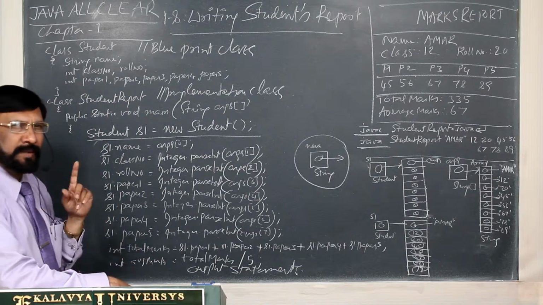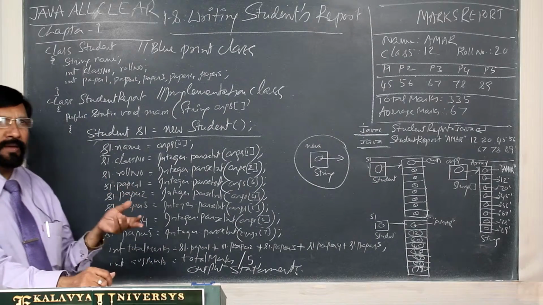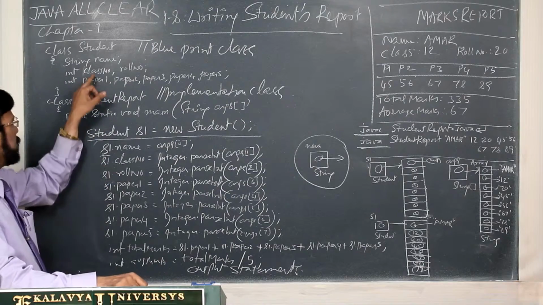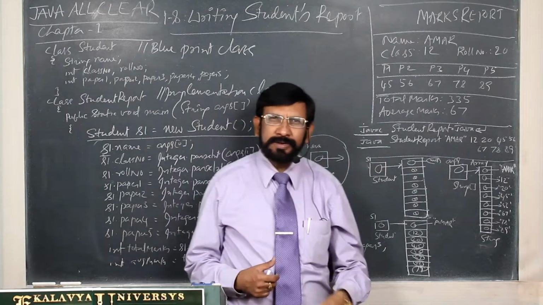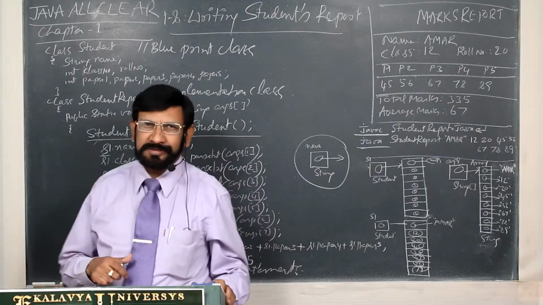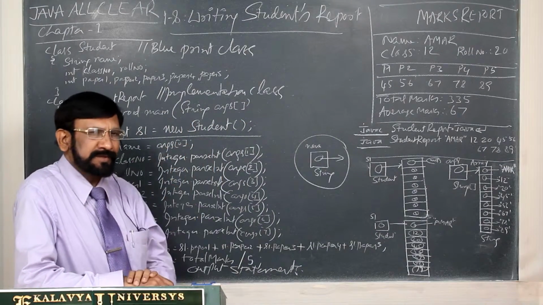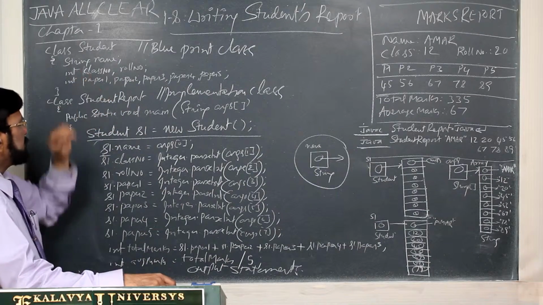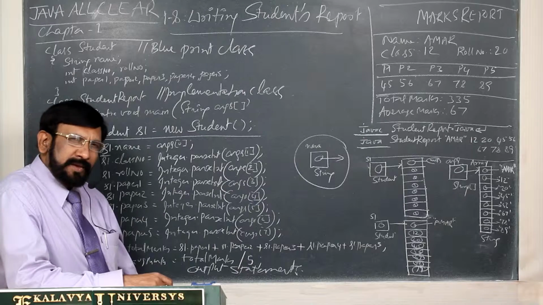Here one very important point I have to tell you. If you do not know that, it may lead to an error. Here I have written class. Obviously you may write it as a class. Actually instance variables we write in camel case. That's why simply write class. If you write it as a class, it leads to error. Why error is coming?